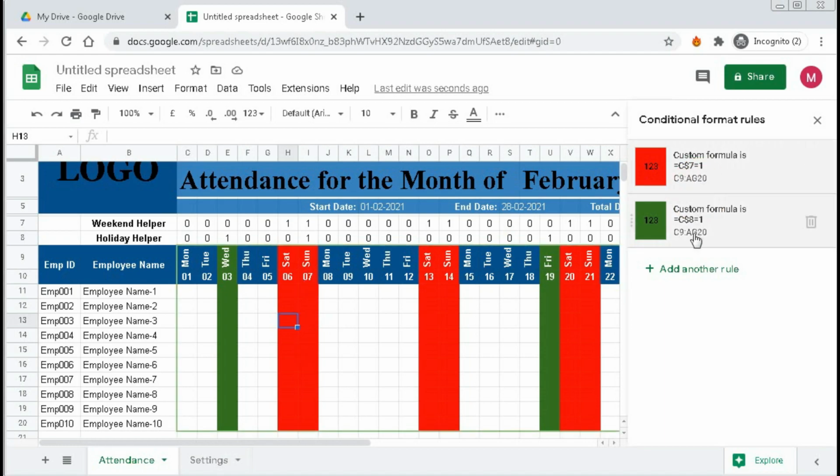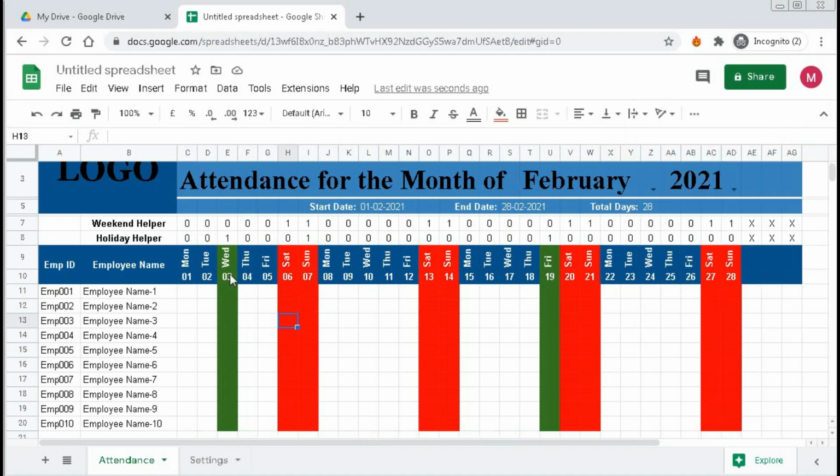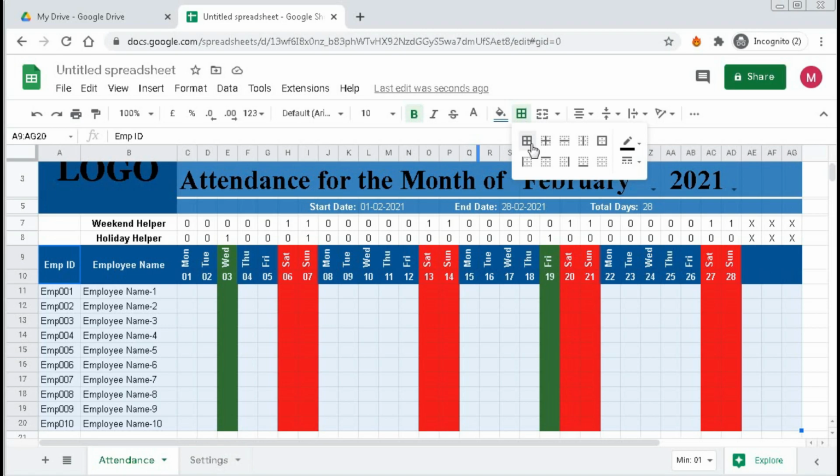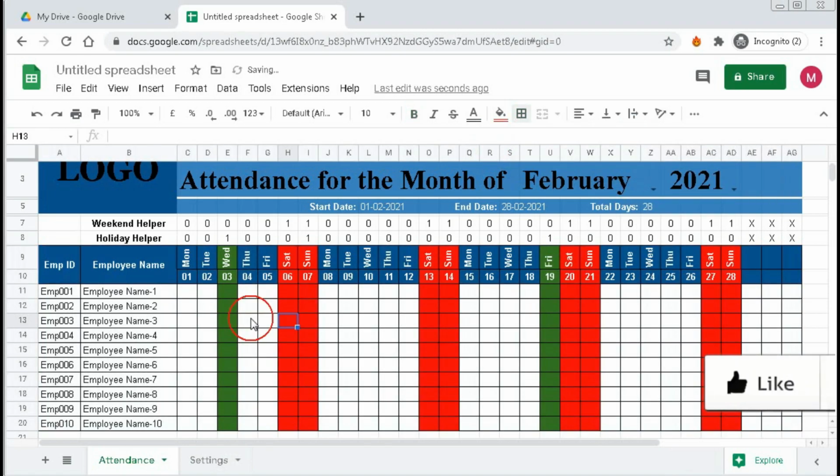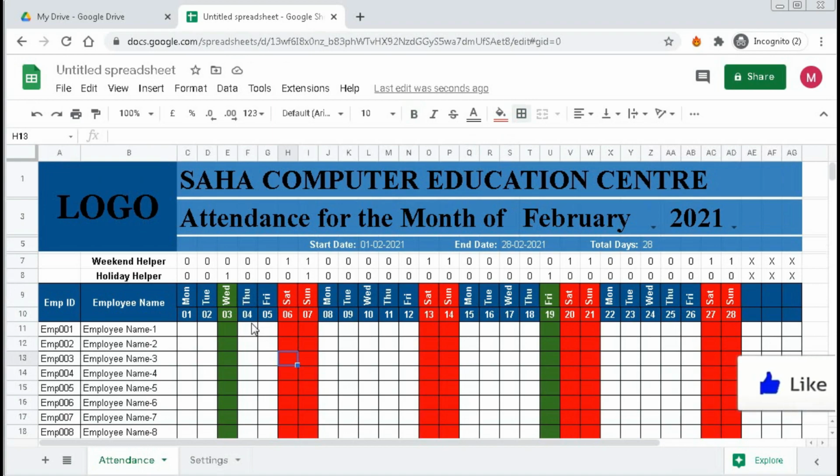So if I drag this this way, you can see the holiday is showing, and if I drag this to below, then the holiday color is not showing. So we have highlighted the holidays. Now select this range and give it a border with black color. Okay, so we have created the attendance sheet.